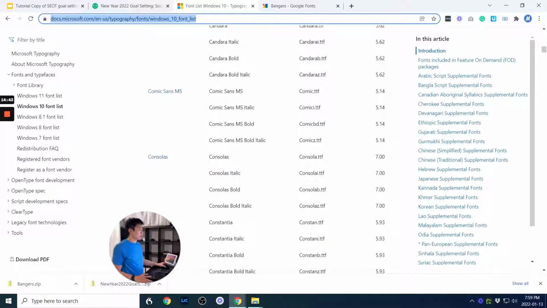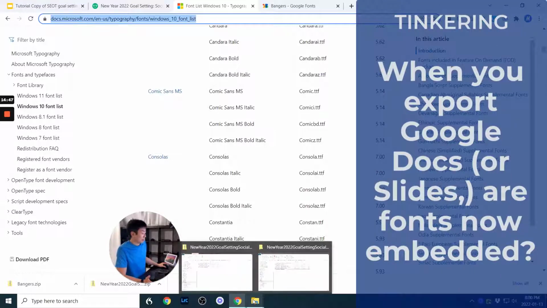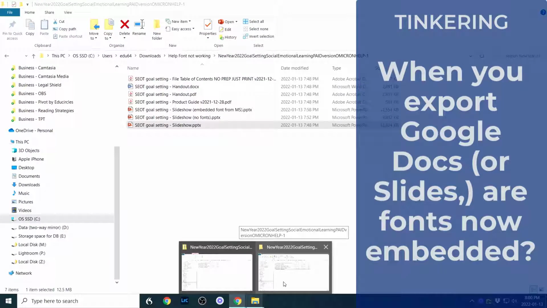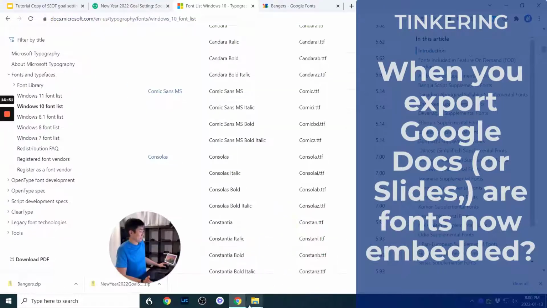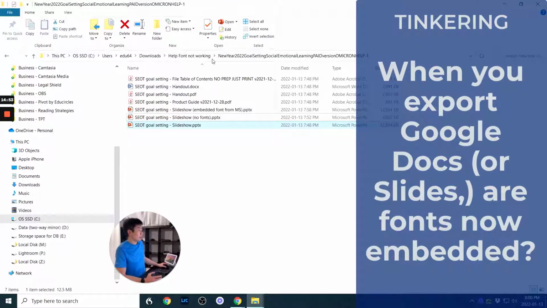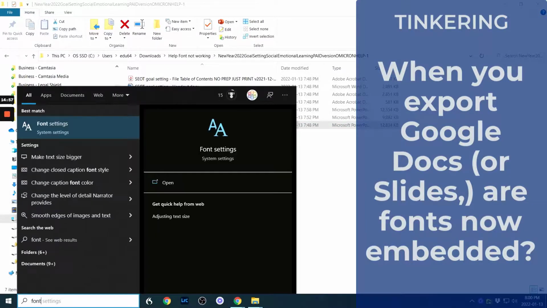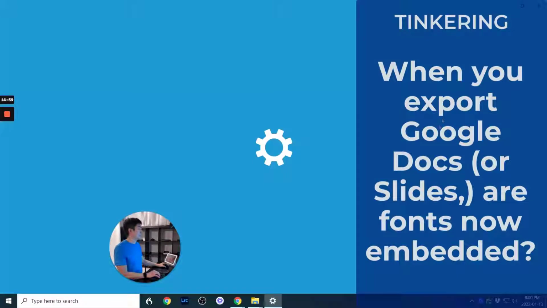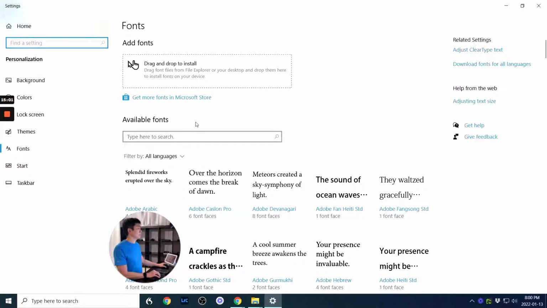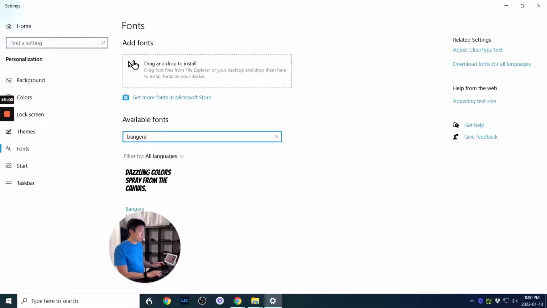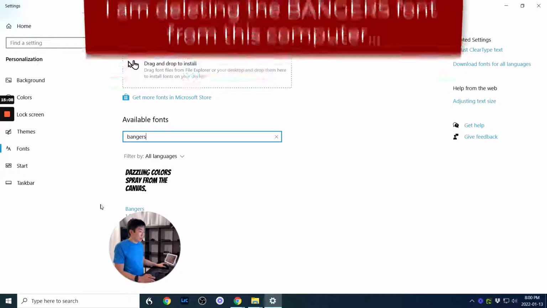All right, so here is where I get confused. And I'm looking for help from other teachers who have done this. I'm not sure why this works. Okay, oops. So I am going to remove this font from my computer. I'm going to open up the font settings. I'm going to click on Bangers, and I have a question for all of you, whether you're new in your TPT journey or you've done this forever.